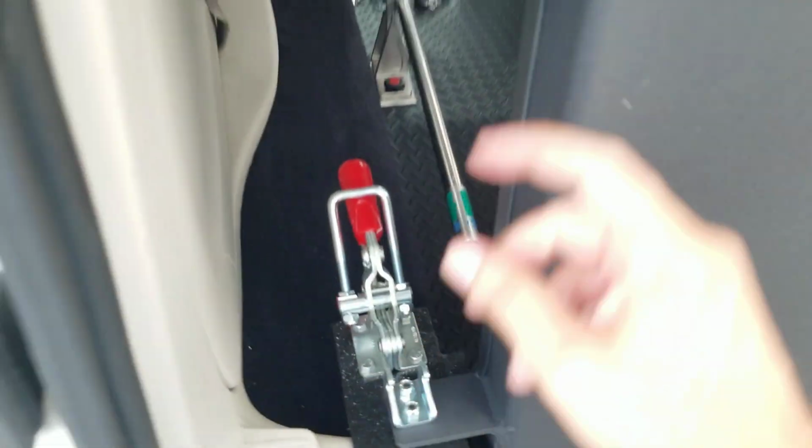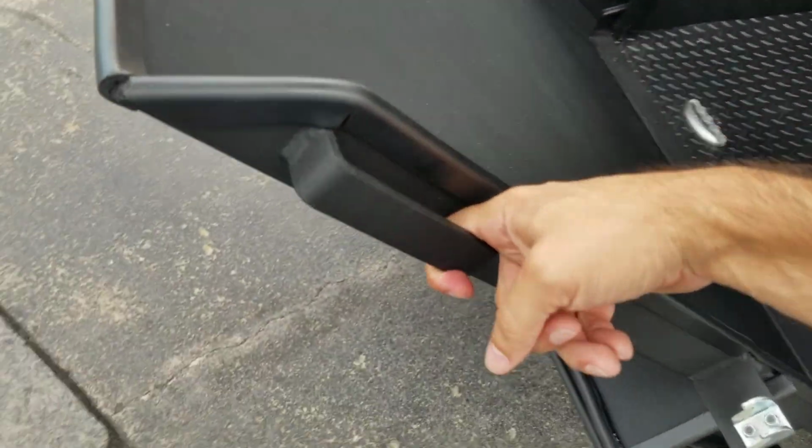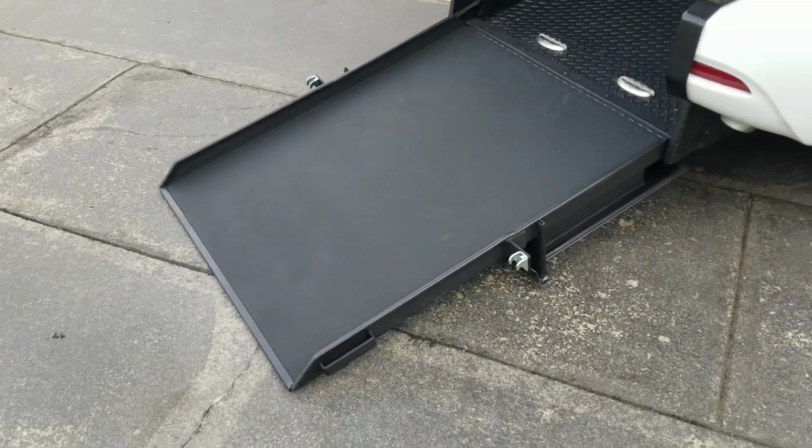I can operate this entire conversion using just 2 fingers. Got a handle on either side. These clamps keep the ramp from rattling. You pinch and you flip. It's a great design. Take this to the ground using only my index finger. We tell our customers, if you can lift half a gallon of milk up off the ground, you can operate this